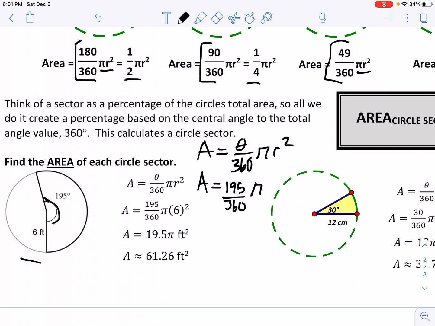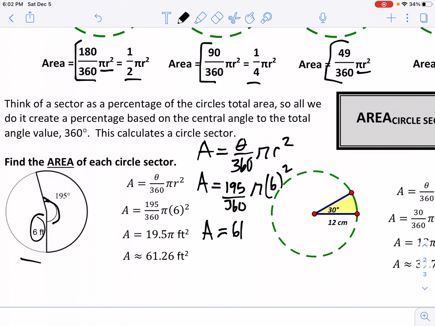Whoops, let's go back here. We know what r is. R is 6. Okay, so let's actually plug that in. So we get 6 squared. Well, this is where we can use a calculator to help us out. Now we know 6 squared is 36, but we can actually multiply this out all at once. We could take 195 divided by 360 in our calculators. Then if you hit times and hit either the second or shift key for pi and find your pi symbol, times 36, then we should get, if we're looking at an exact answer, 39 over 2 pi, which comes out to be